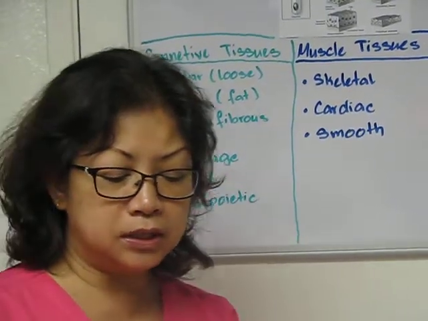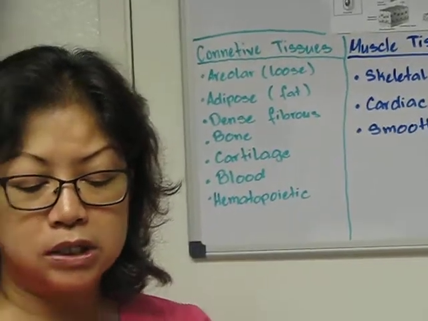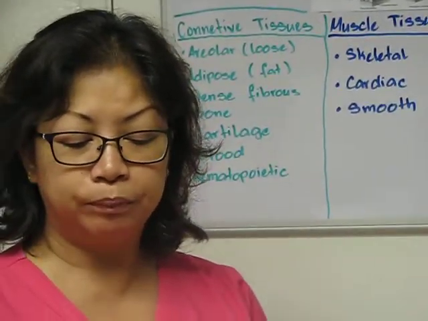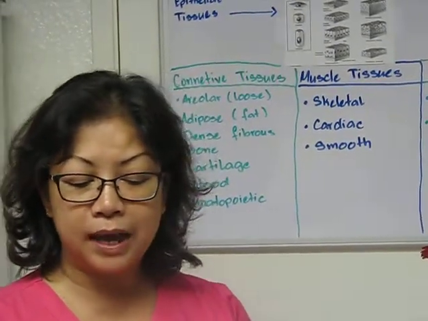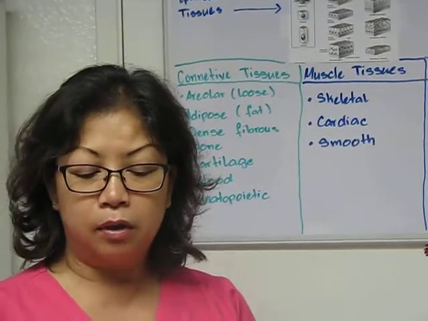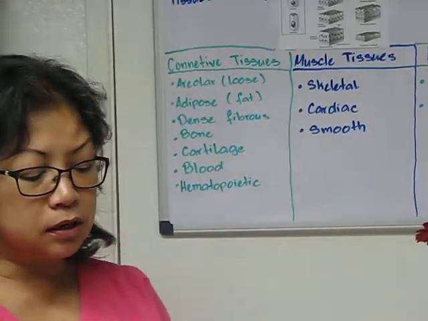Location is in the muscles that attach to the bones. Function is for maintenance of posture and movement of bones. You can also find that at the eye muscle, where the function is for eye movement. Next is the cardiac